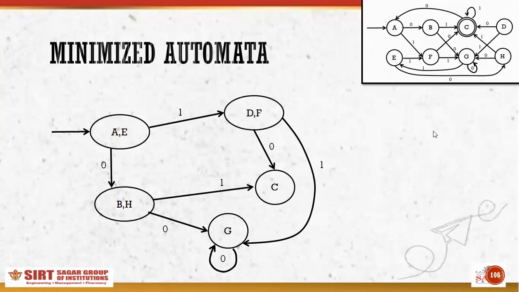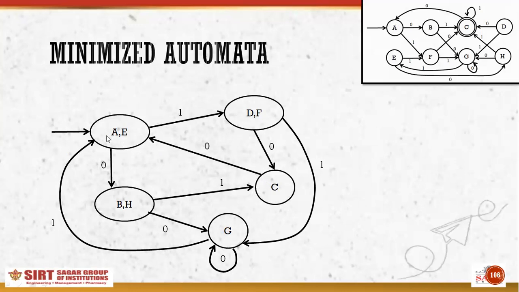Now the transitions of G and C will be traced out here. On giving 0 to G, a self loop will be there, and it is reaching C only. Wait, on giving 1 to G, I am reaching E. So the work of E is now being done by the AE state. So I will make a 1 transition to AE. And similarly, the transitions for C will also be made. For the 0 transition, C is reaching state A here in the question. So the work of A is now being done by AE combined. So I will make a 0 transition to AE, and on giving 1 to C, there is a self loop. It is reaching C itself.